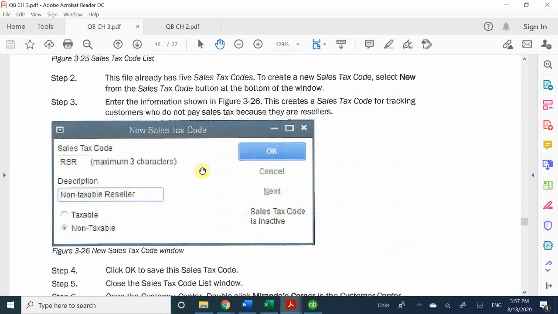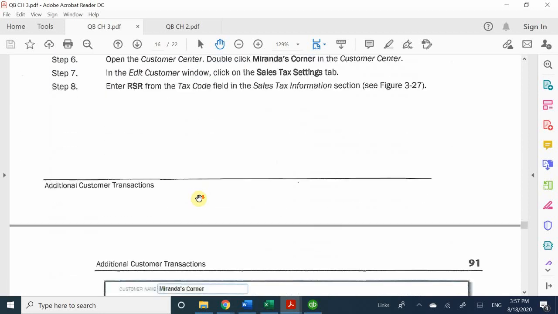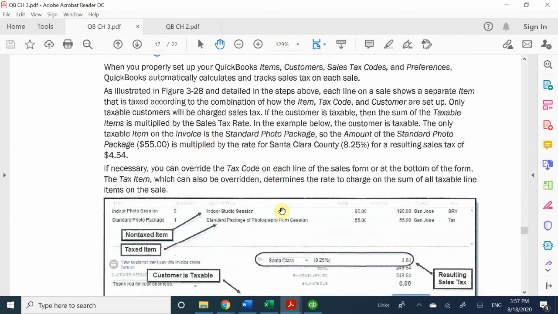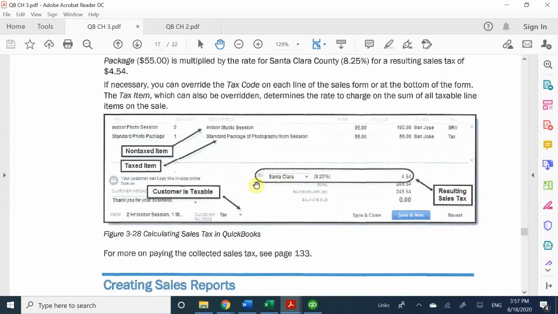Okay, so that is all I want to talk about as far as sales tax, because we already went over sales tax items and we went over sales tax codes. Now, what is this? Calculating sales tax on sales forms. All right, this is if